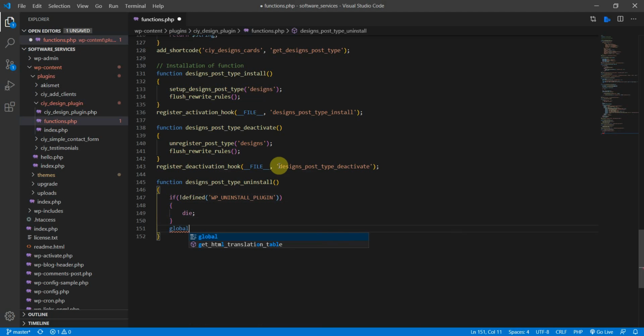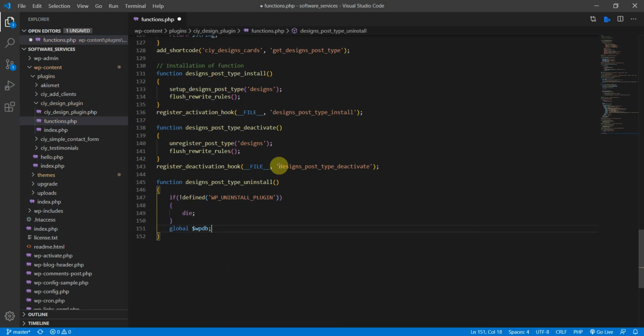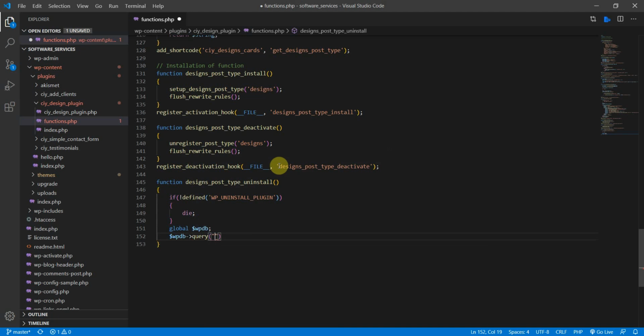Then let's bring in the global variable, so wpdb, so this is for the database, and now we can access this one, and from here we can query the database, and this is an SQL function, so delete from wp_posts, where the post type equals design, s at the end, don't forget the s if you have it set up like me, semicolon at the end, and then let's query it again, wpdb,